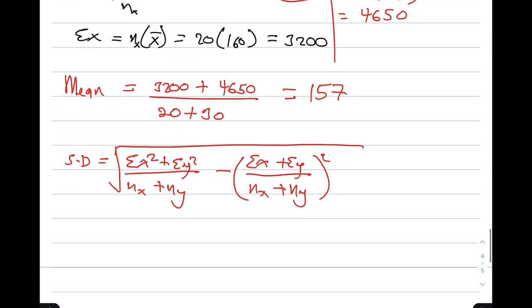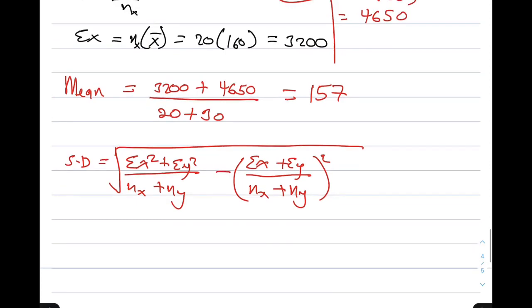Now we do know the mean. We know it's 157. We know nx, we know ny. What we don't know is sigma x squared and sigma y squared. So now this is what I want us to do. I want us to pick the boys first. All right, we said the boys